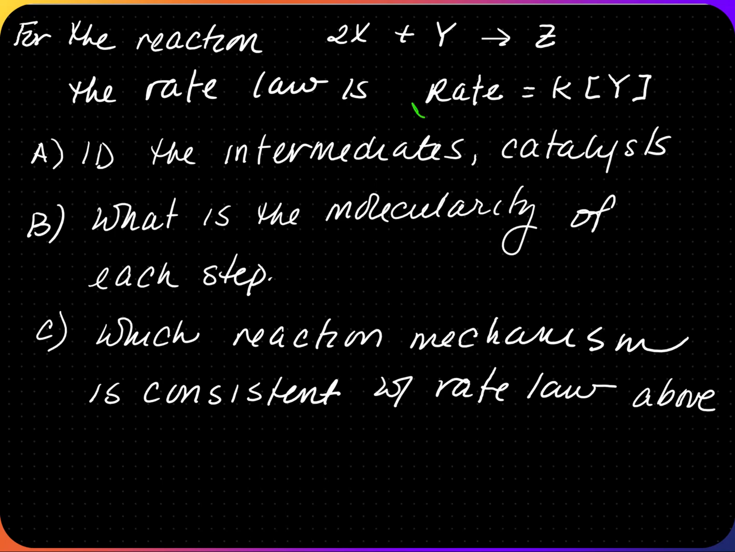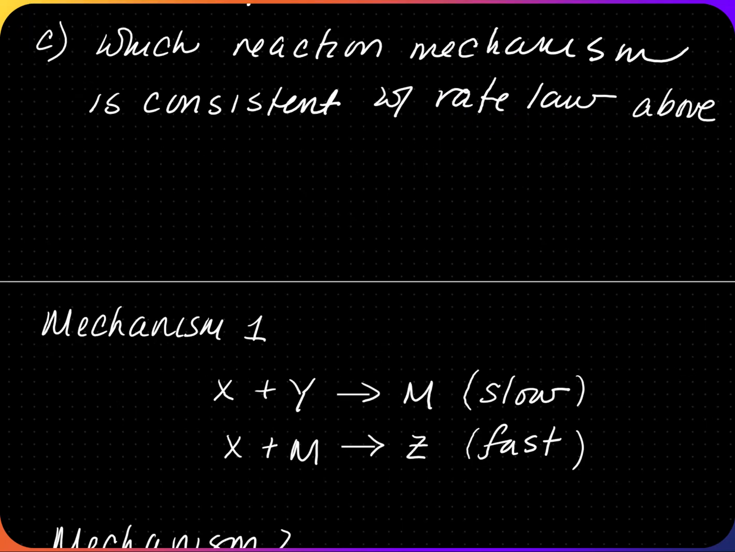So they already gave you the rate law. They want you to identify the intermediates and any catalysts. They want you to write the molecularity of each step, determine it, and which reaction mechanism is consistent with the rate law above. To identify the intermediates and catalysts, the first thing you want to do is determine the overall